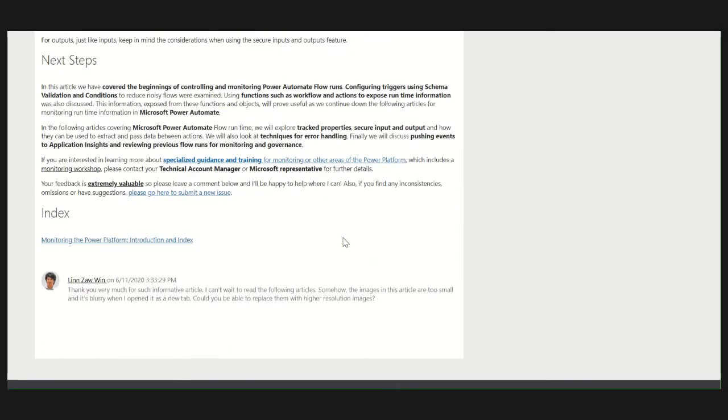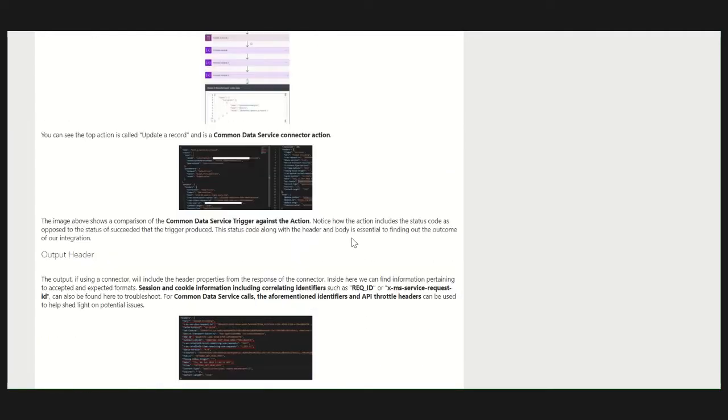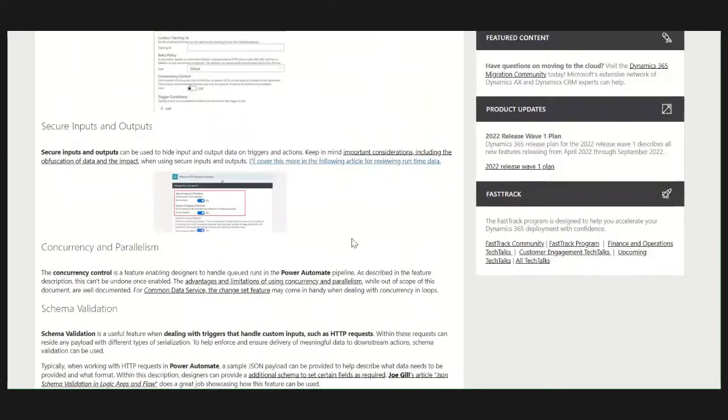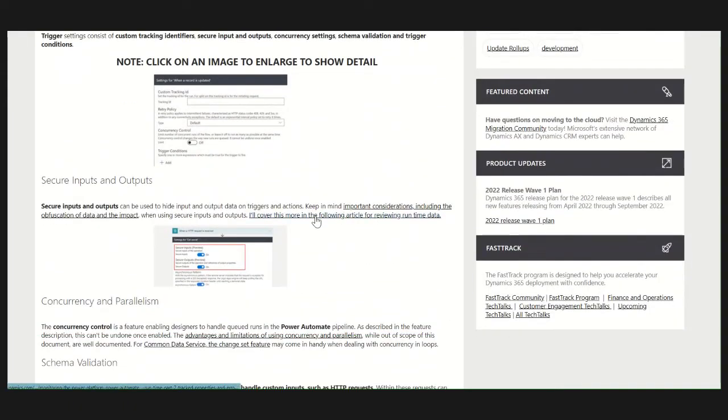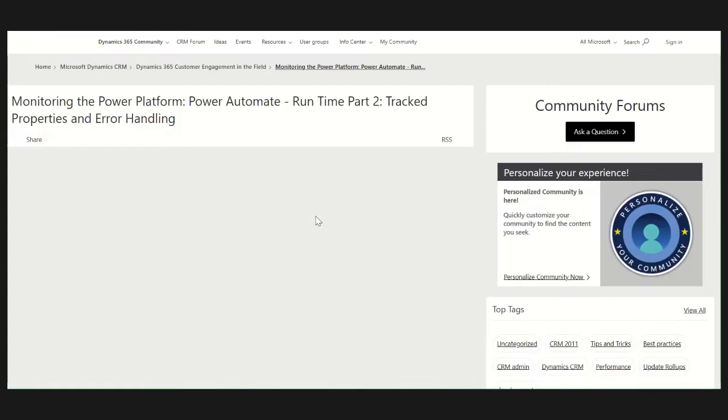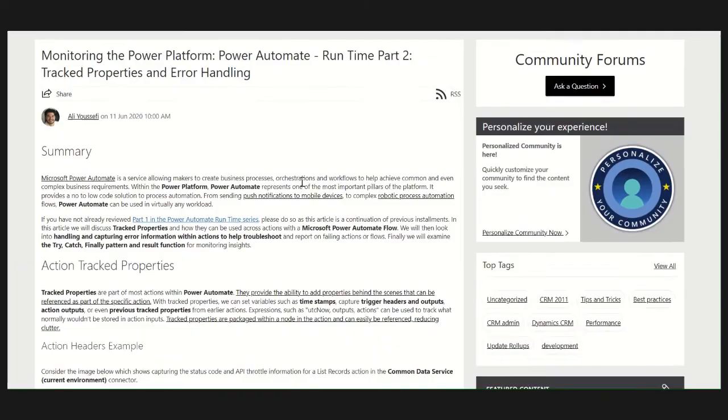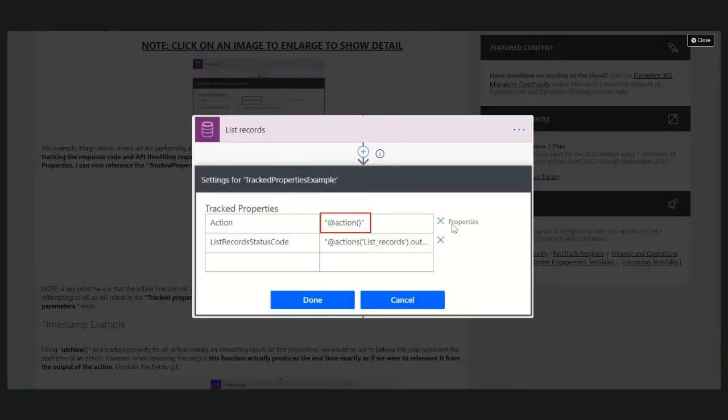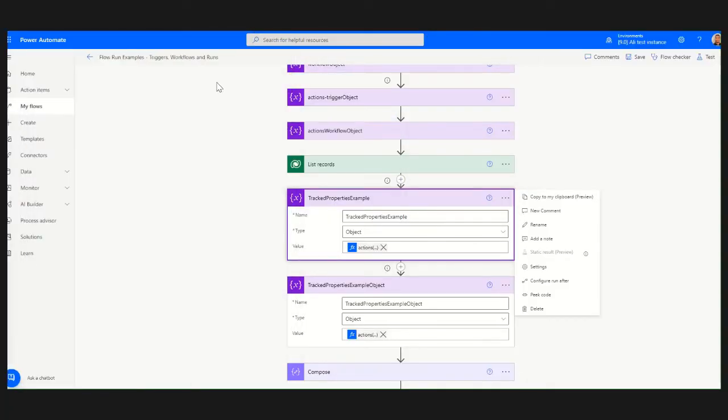So when we look towards the second one of this, we get into the tracked properties and error handling. Tracked properties allow us to add properties to each action. So if I flip over for a minute to an actual flow, we can see this tracked properties example. If I click on the ellipsis here,